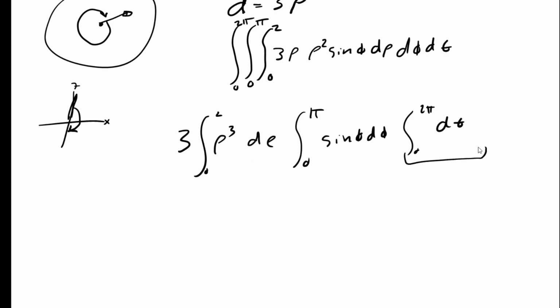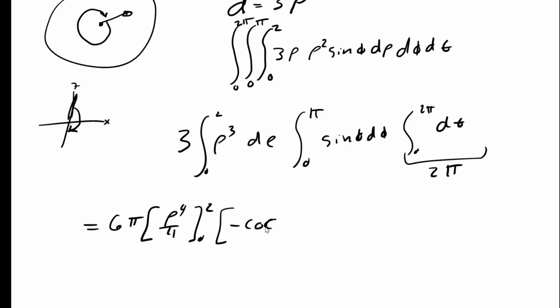So this right away is 2 pi. So what I have is 6 pi times rho to the 4 over 4 from 0 to 2. The integral of sine is negative cosine phi from 0 to pi,